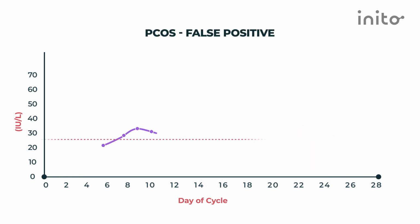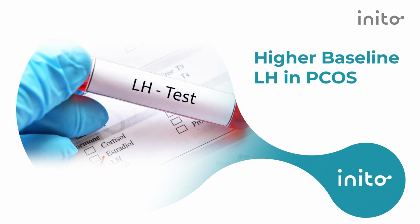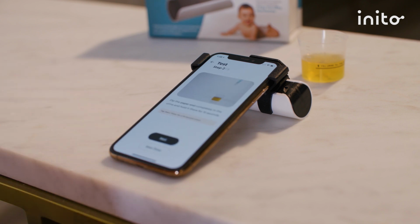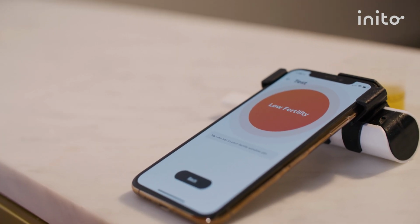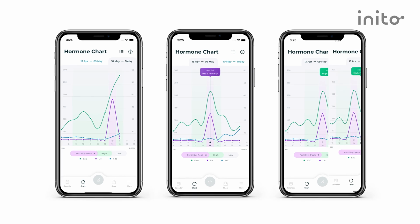Again, with certain conditions or just the uniqueness of your body, the baseline value of LH may actually be higher, like in PCOS. If the LH level is higher, this may give you a false positive in other tests. Instead of thresholds, Inito measures the actual value of hormones in your body and personalizes the results, hence reducing these false readings. You, of course, can download the chart of hormones and always ask your doctor to help you interpret these